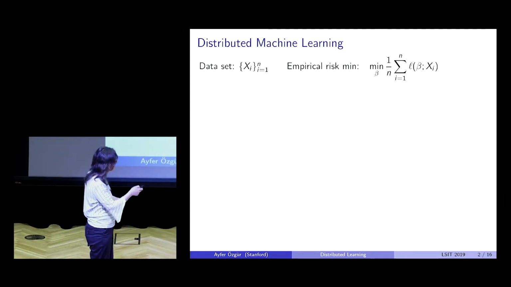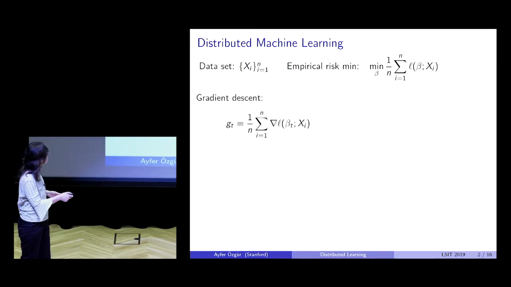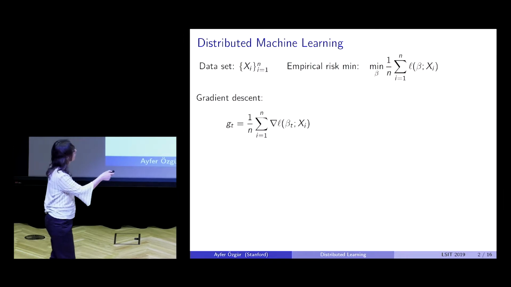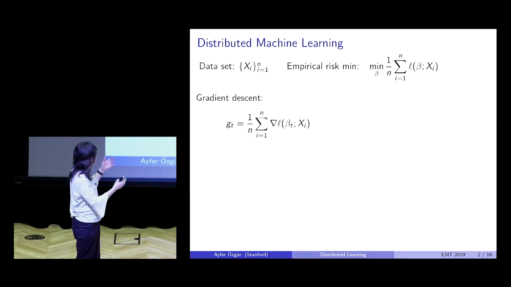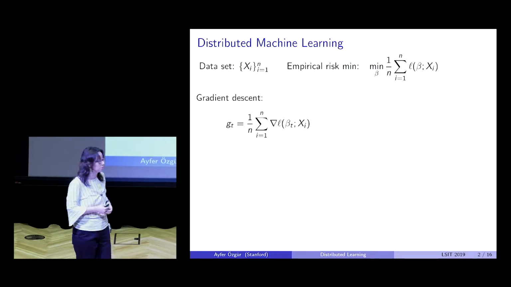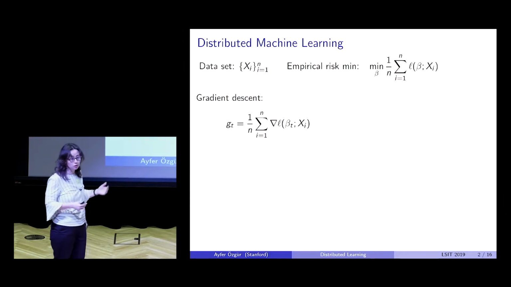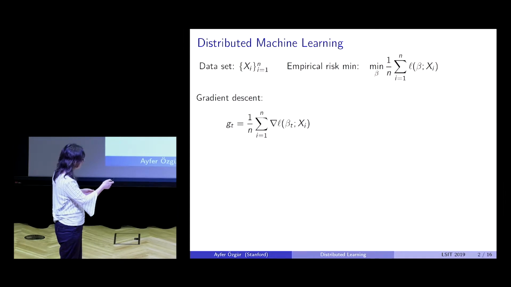And how do you do the minimization? Well, one of the simplest things would be gradient descent. You simply compute the gradient of your loss function, and you move in the direction of the gradient. But even for large-scale, high-dimensional machine learning problems, that turns out to be computationally too complex because